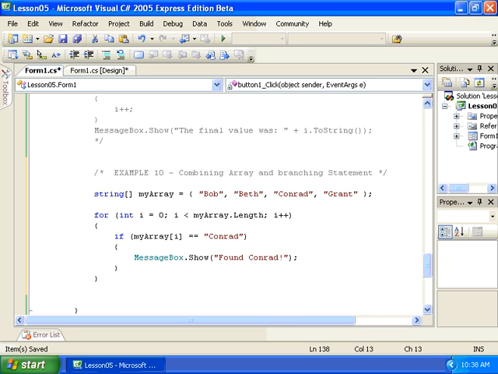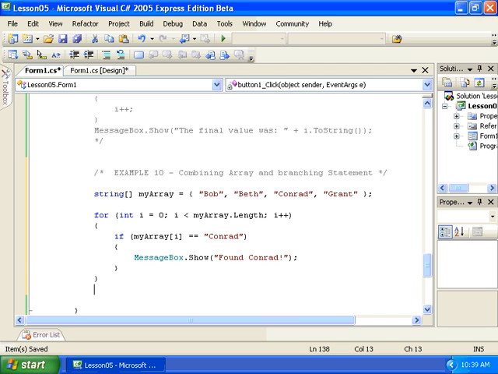Okay, so what about this if statement? Notice that instead of hard coding the value, the index for myArray, I've instead used a dynamic value, the value of I, our iterator. So this is a method for me to, on each iteration, check the value that is stored within that particular